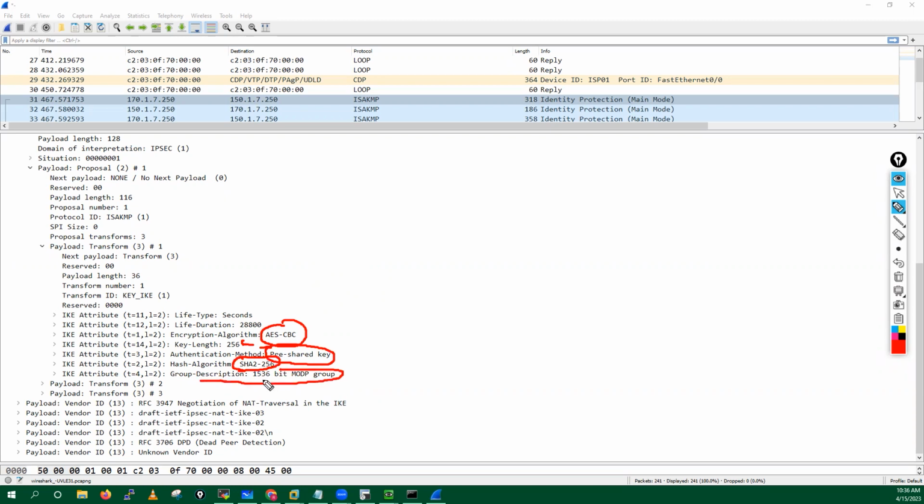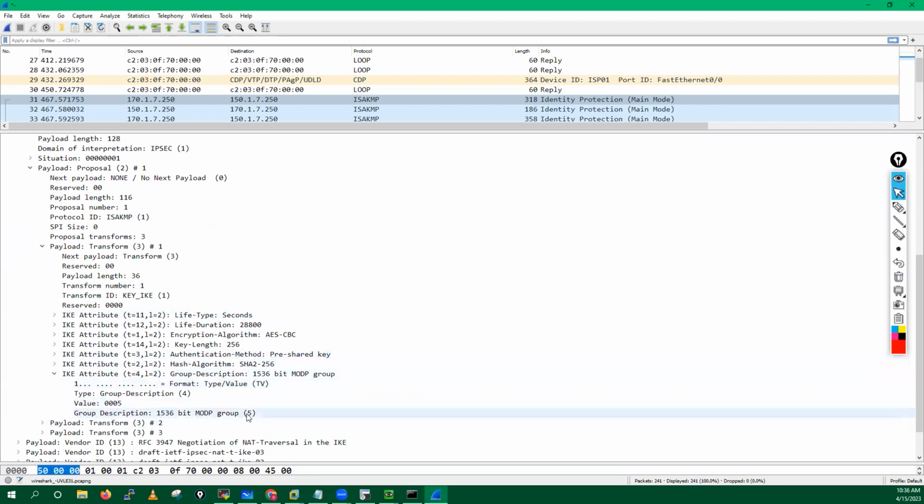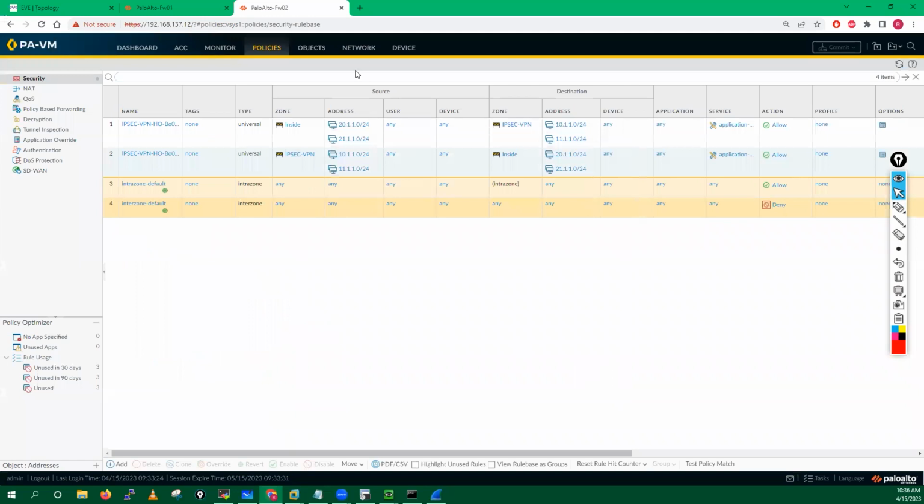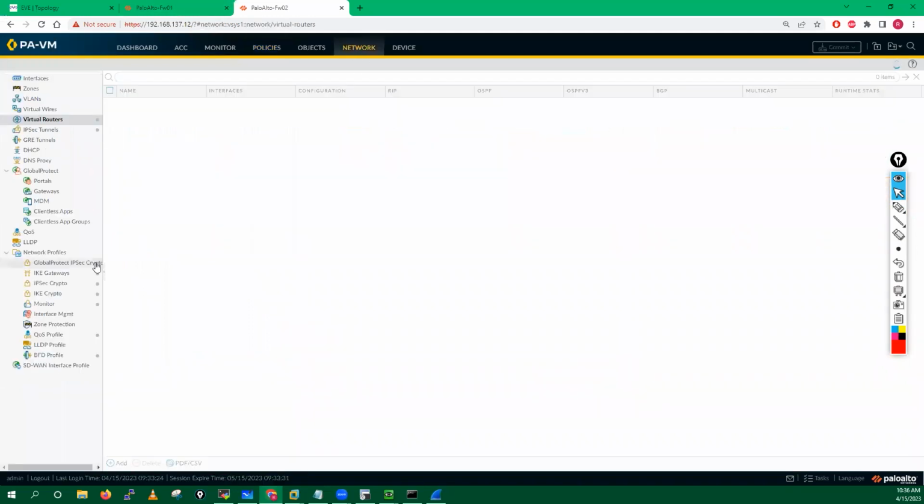This is the group 1536. This is your DH group 5. This is the size of your keys in group 5. You can see Diffie-Hellman group 5. And guys, if you remember, if you have seen one more thing here, if I go on my network tab,